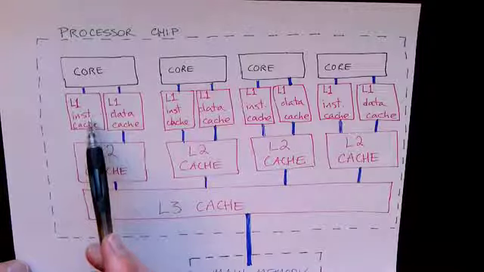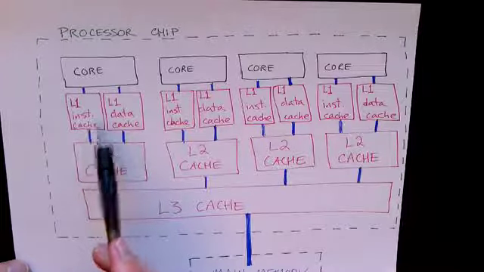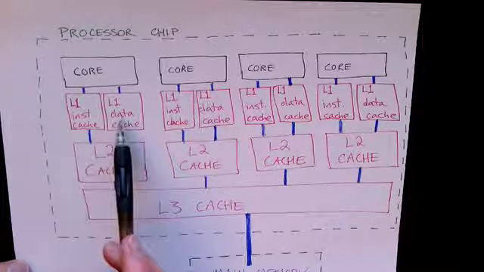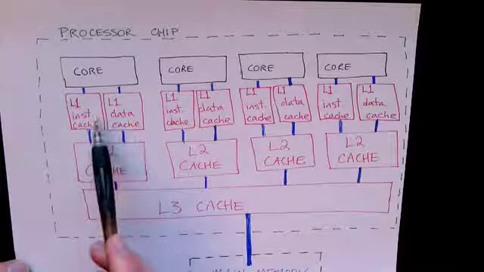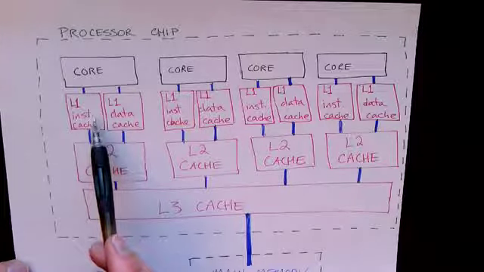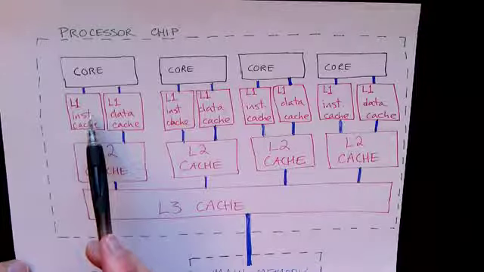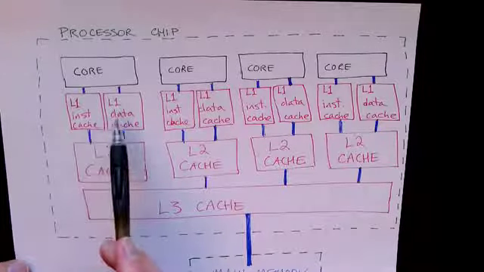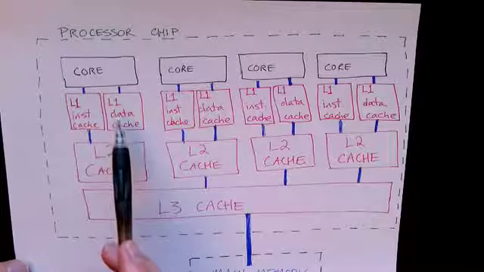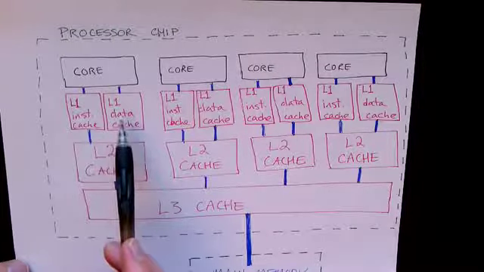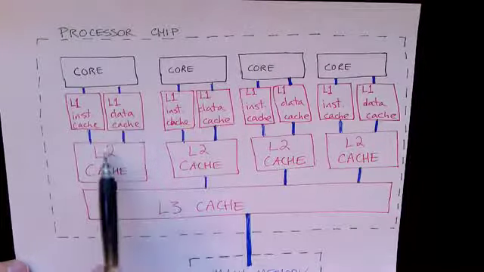So there is a separate cache for the instructions and the data. The instruction cache doesn't have to worry about updates because the CPU core doesn't modify instructions, whereas the data cache has to deal with writes, and that can make things a little bit more complex and difficult. Both of those